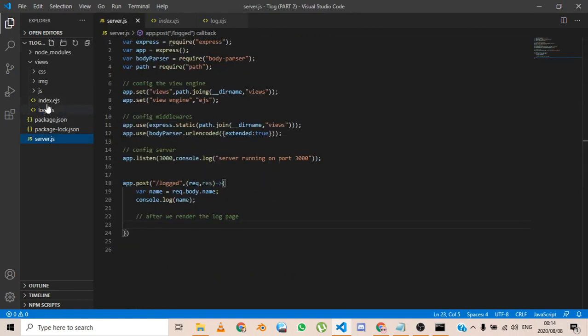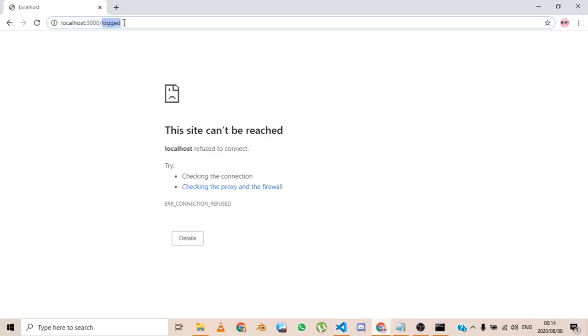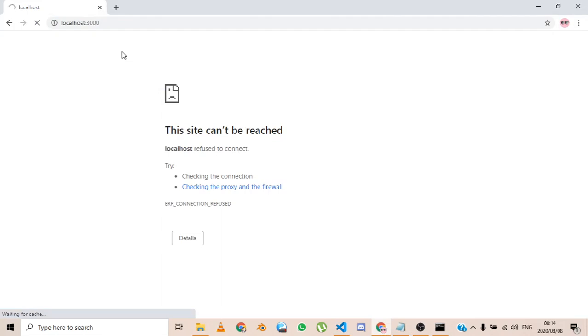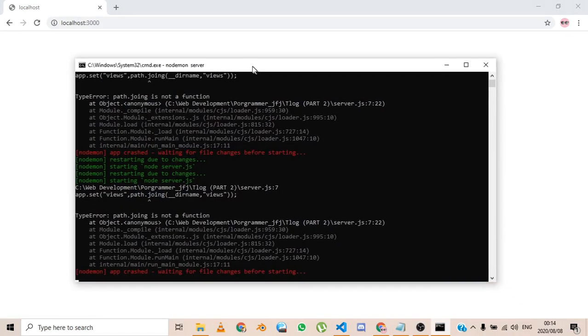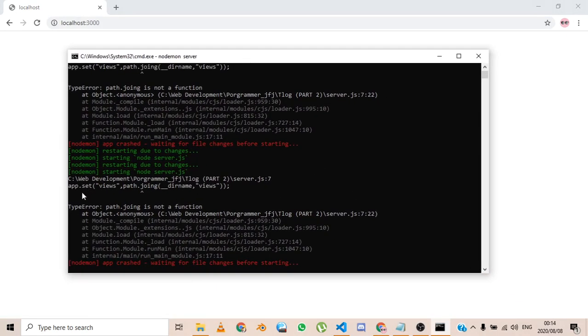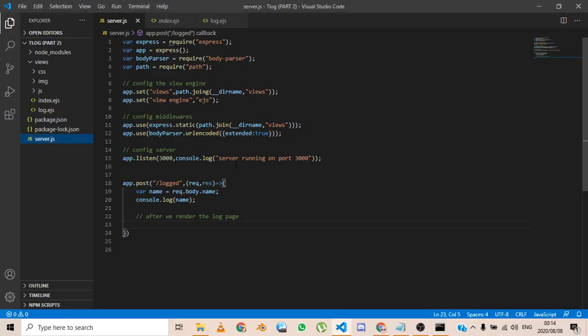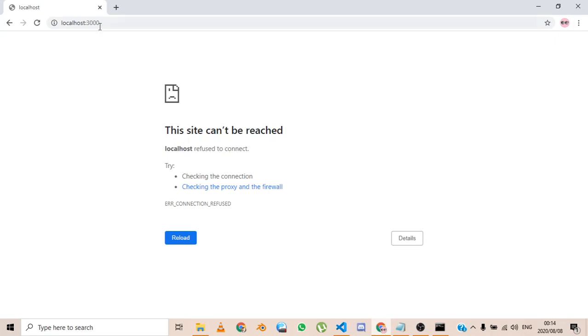Well, after you have changed them to EJS, if you go and try to run the server, it will give you an error. Okay, we're having an error in here. It says app.set views path. Oh, this is supposed to be join. Where is it? Here. It's supposed to be join. Sorry. Now, if you rerun the server,